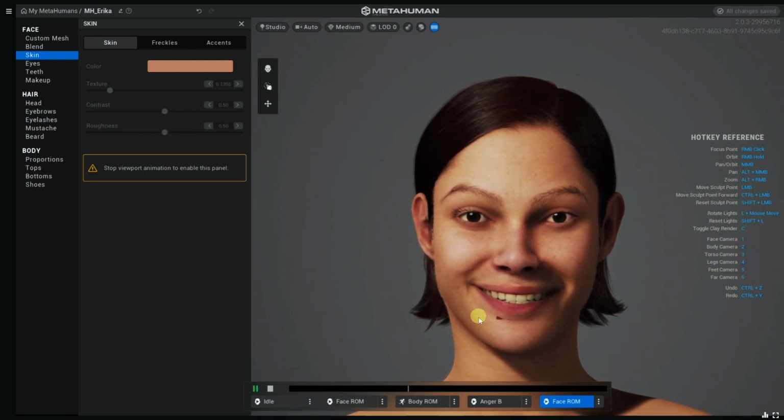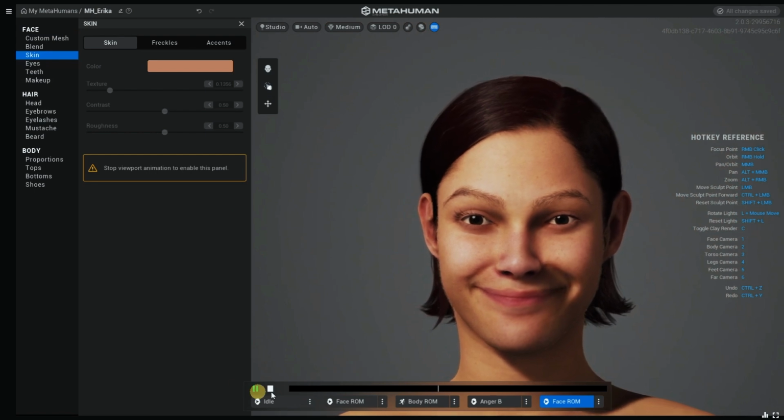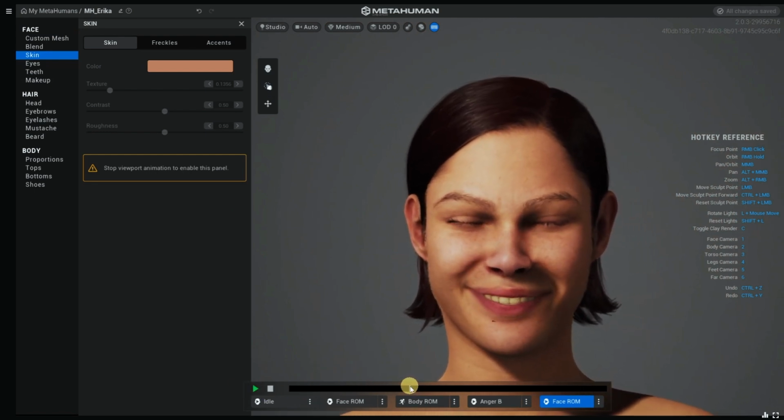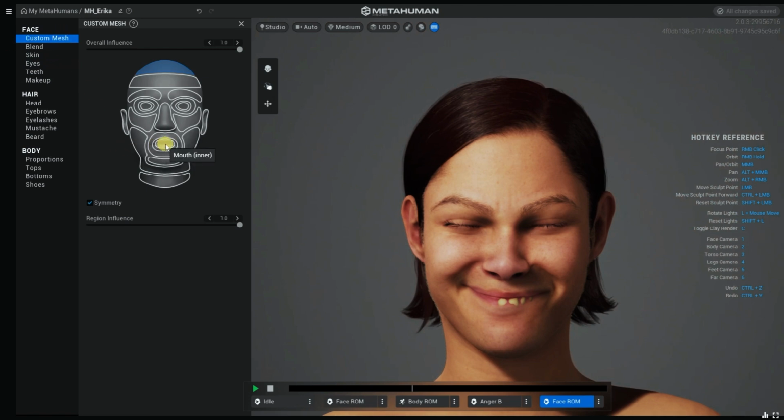And it seems to me, I can see that there's a little bit of a difference here, and I can see the penetration on the teeth. Of course, you can pause this and take the frames. Okay, this is where the problem is. So what you could do is go to the custom mesh, go to the lips, and then here you can